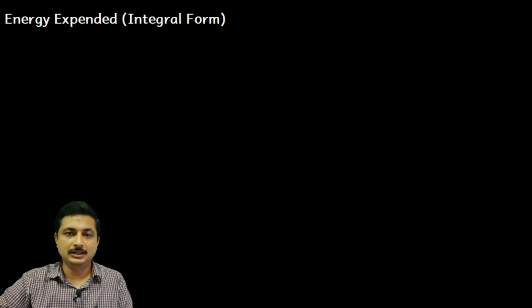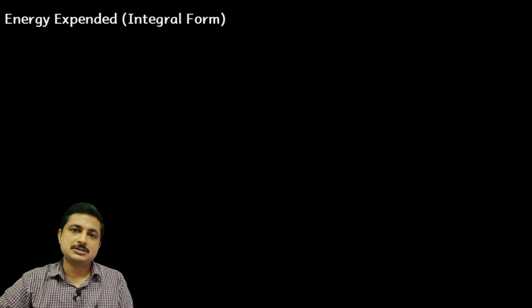What does it mean is, for a small distance in an electric field, we could easily calculate the energy expended. Now, if the field is very large and non-uniform, in the sense that at every point in the field the E vector is different, not the same, and the path required for the charge to move from one point to another is also pretty large, in that case, what will be the work done? How are we going to express the work done?